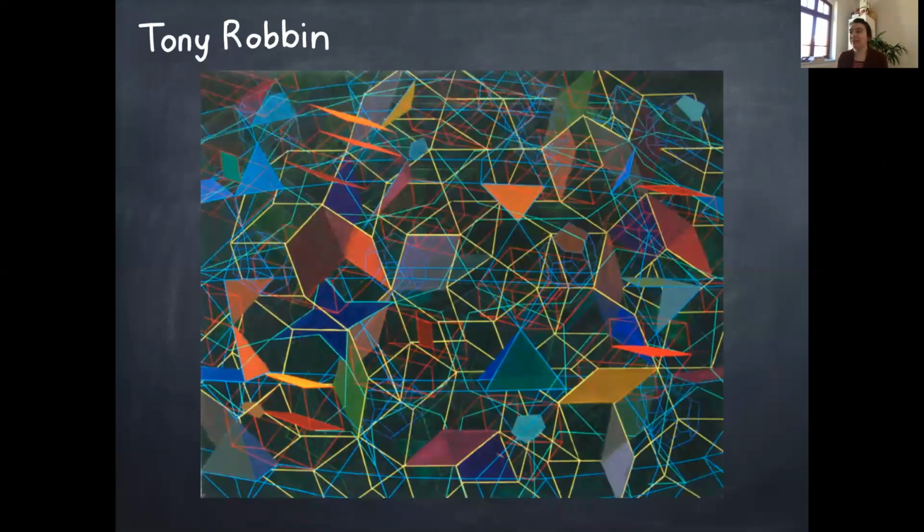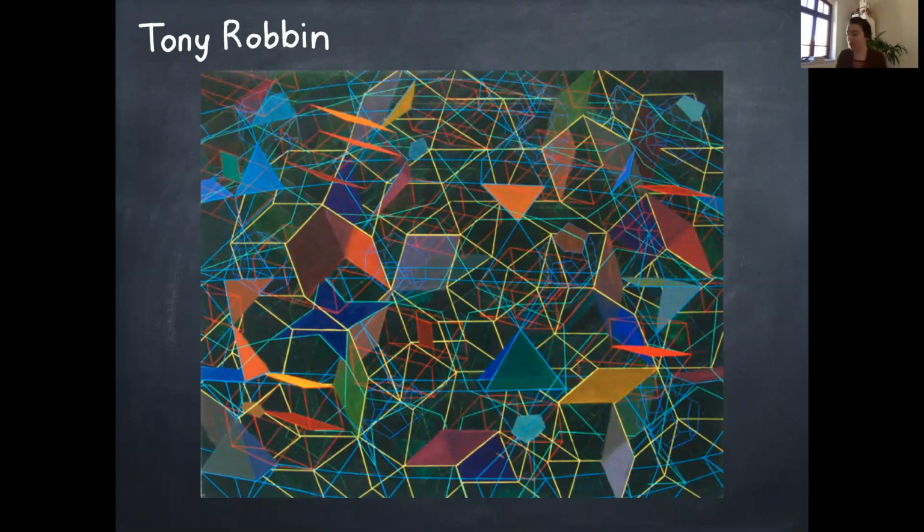Tony is a mathematical artist, and he is interested in visualizing higher dimensional objects in 2D or 3D. And here you have a painting by Tony. Some of the objects that are shadows of higher dimensional objects are quasicrystals. Okay, and Tony is interested in studying